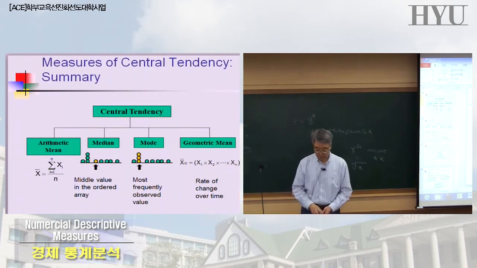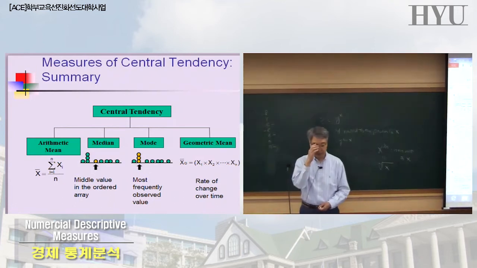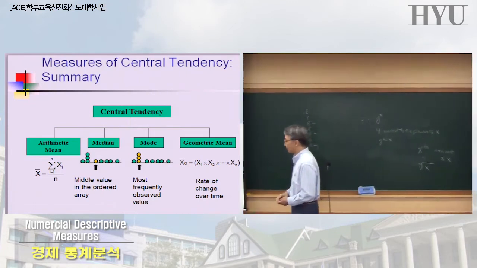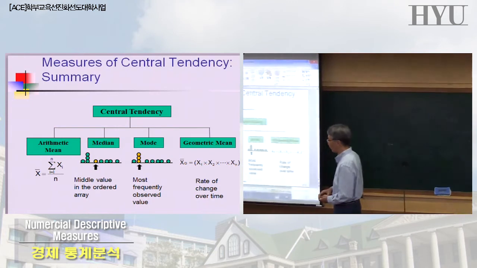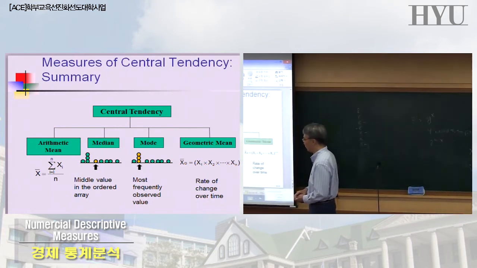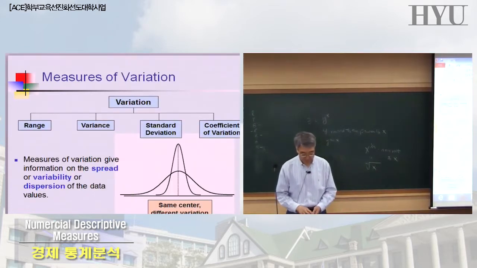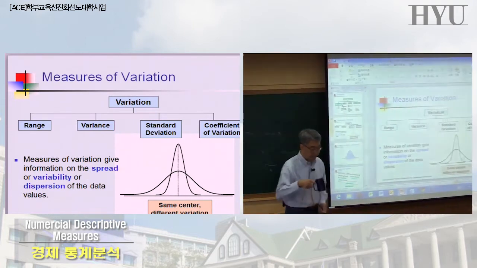All right, as I said, I'm going a little bit fast here because you're pretty familiar with the mean and so on. Okay? So this is just a summary. Arithmetic mean, median, mode, geometric mean. All right, second type of measurements